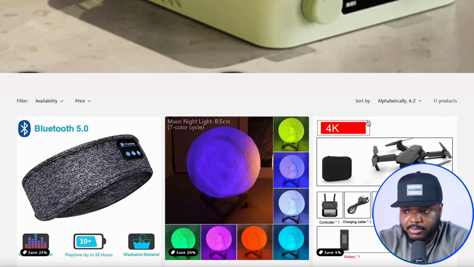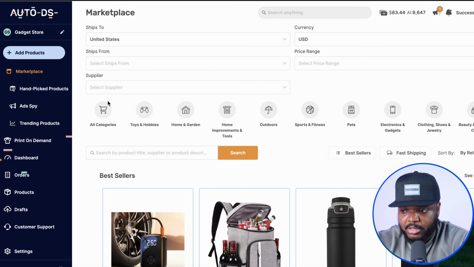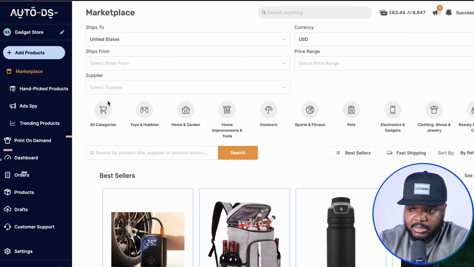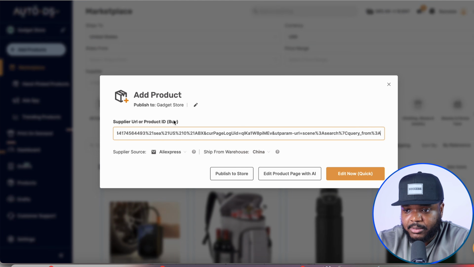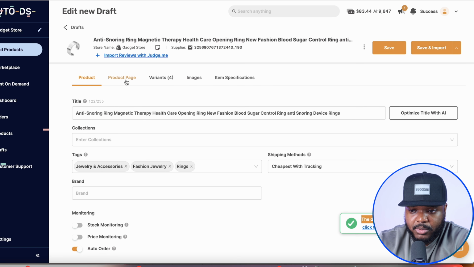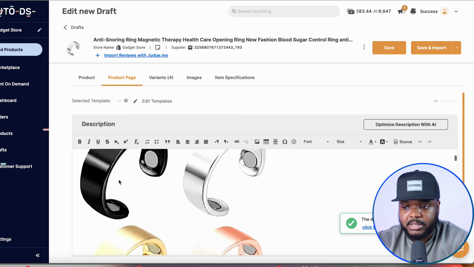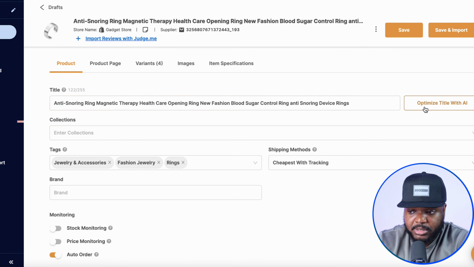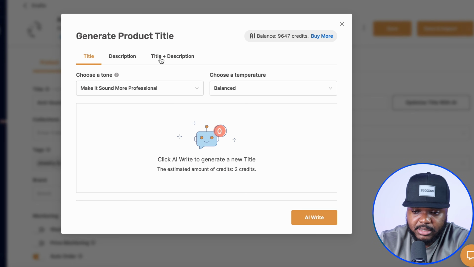The store already comes with proven winning products, but if you wanted to add any other product, you're going to be able to use a tool like AutoDS, which makes the whole process even easier. Literally all you got to do is just copy the URL for whatever product that you're thinking about selling, paste it into your AutoDS account, and from there it's going to be able to pull all of the information from your supplier's website. And if you also wanted to make any changes to the images and the description, you're going to be able to do that with a few clicks of a button